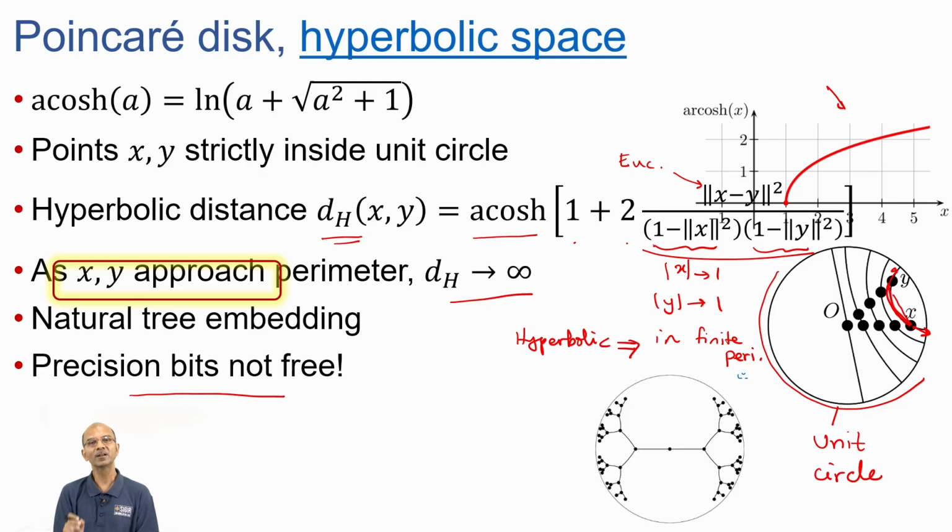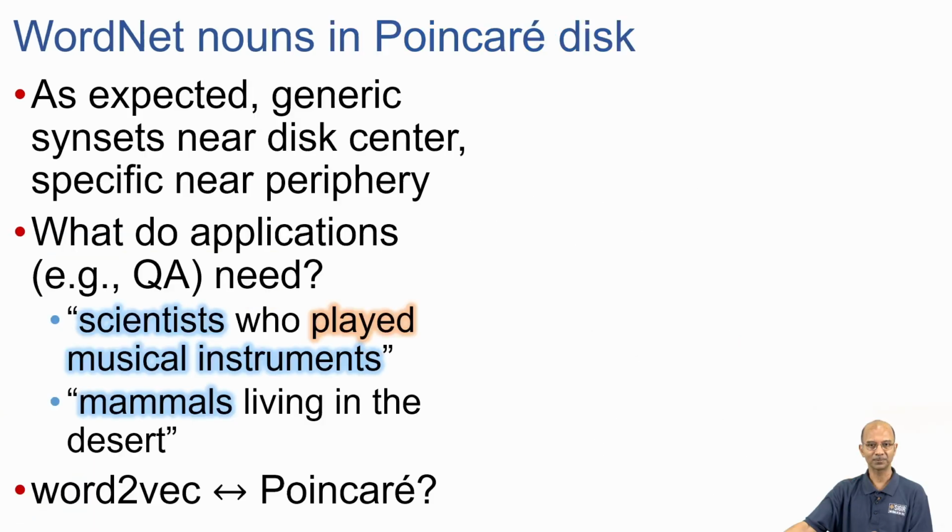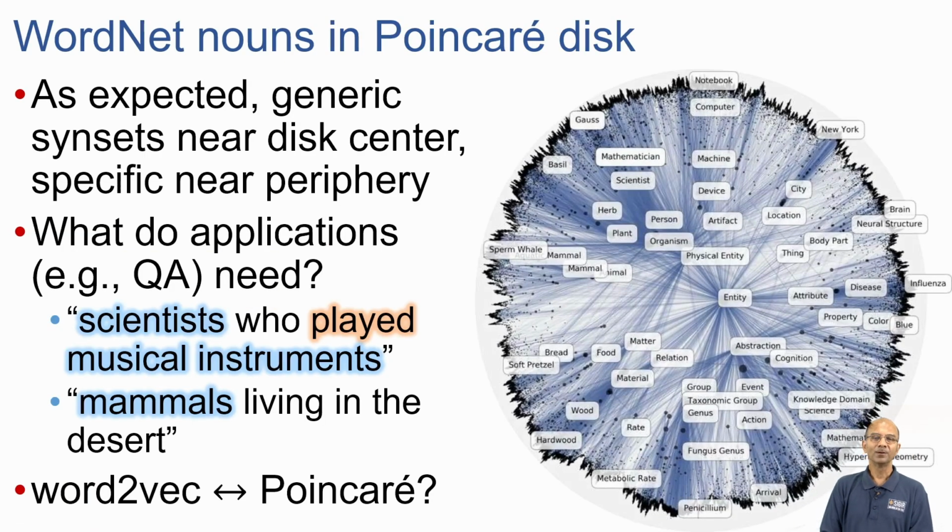We still have to encode everything with regard to finite bits of precision in a computer. That, plus hyperbolic embeddings don't really play that well with the kind of word embeddings or entity embeddings from the earlier embedding strategies. For this reason, work on hyperbolic embeddings started out with a bang, but not too much happened about it, particularly with regard to its integration into language models and other embedding systems. However, that doesn't stop us from embedding large type hierarchies like WordNet, which has at least 15,000 types, into hyperbolic